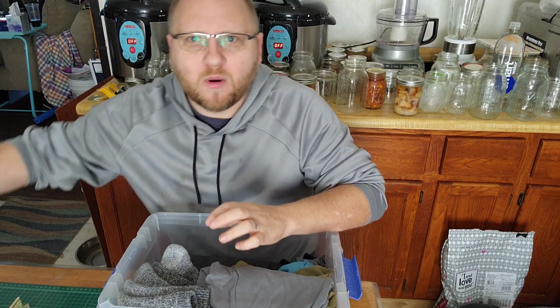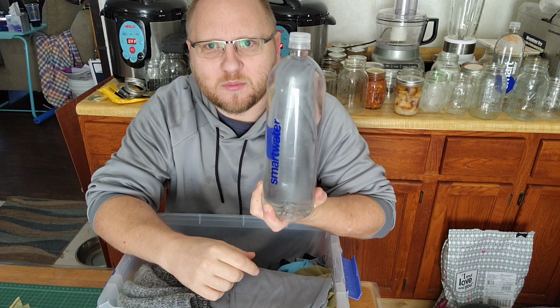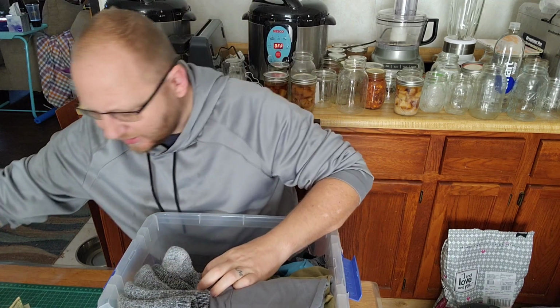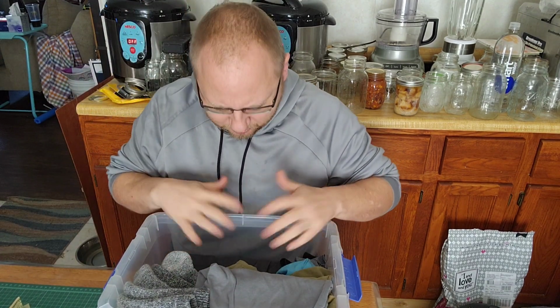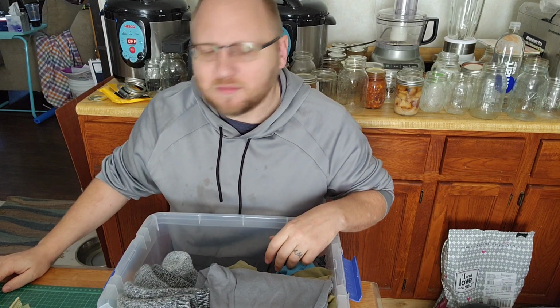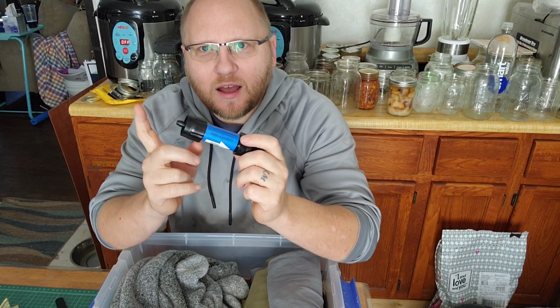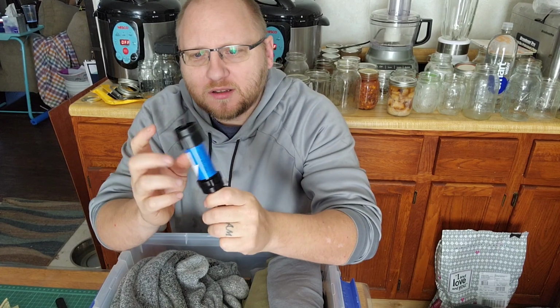This will get you enough water, and you can refill these. This will get you enough water to get through most things. And I just noticed something in here that is supposed to be in here that for some reason isn't, and I'll go grab it. Alright, we can grab this Sawyer Mini, the Sawyer Squeeze, and any of the LifeStraw, small